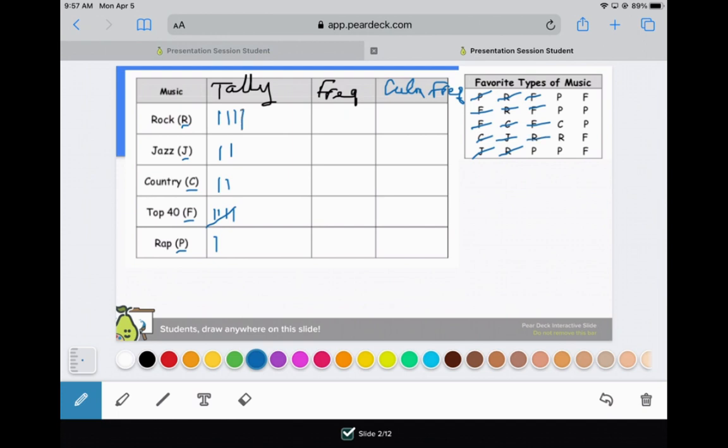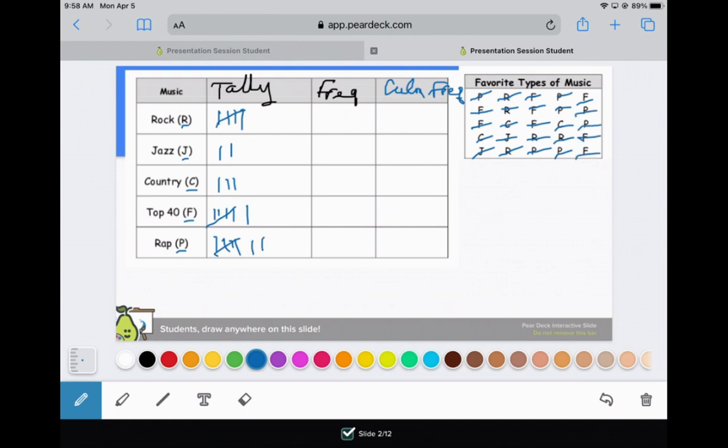R, P. So basically for the tally, I'm just counting off the data. So there's 2 P right here. 1, 2. C, R again. Whoops. P, F, 2 P,